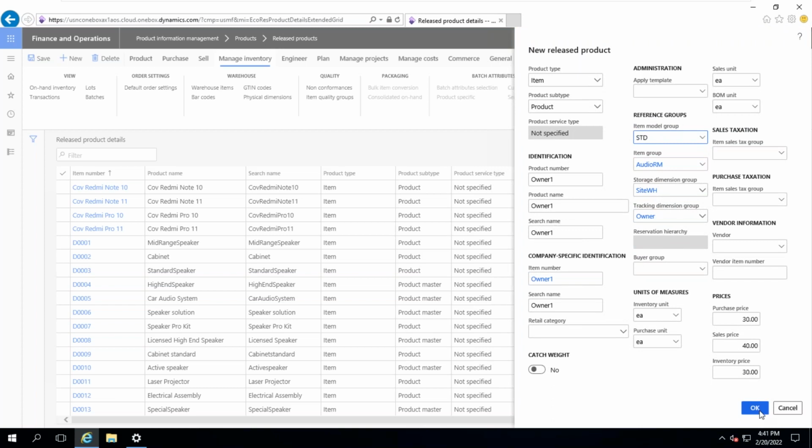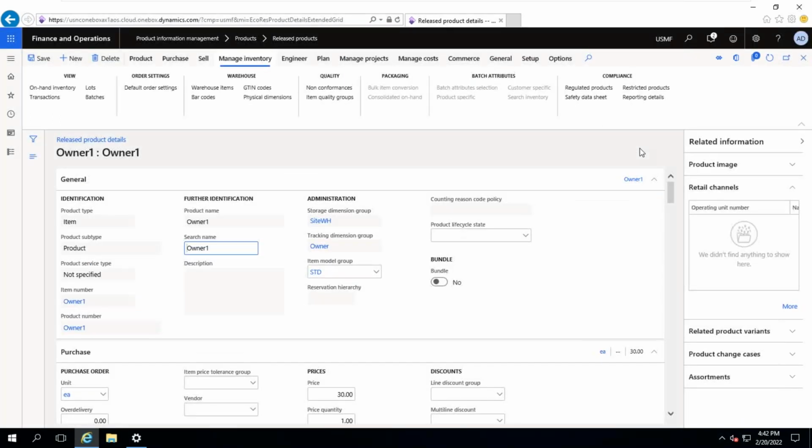I will discuss with you. Standard cost model, I mean to say this item model group, you are going to learn next Monday. Next Monday you are going to learn this item model group in depth. There are 7 models: FIFO, LIFO, weighted average date, LIFO date, moving average, and then standard cost. All these methods you will understand later. If it is a standard cost model group, then usually cost price